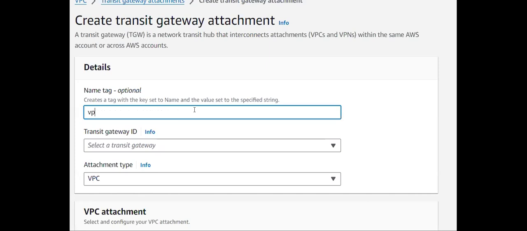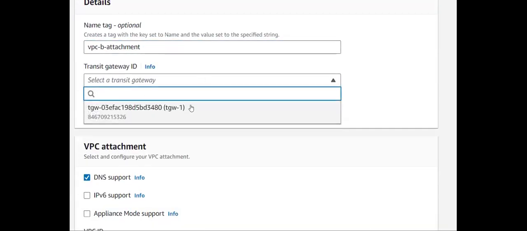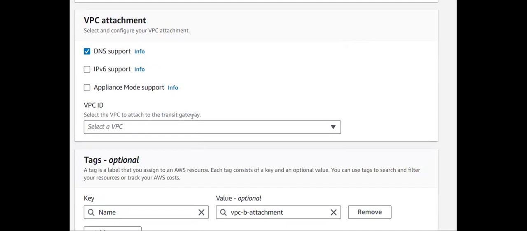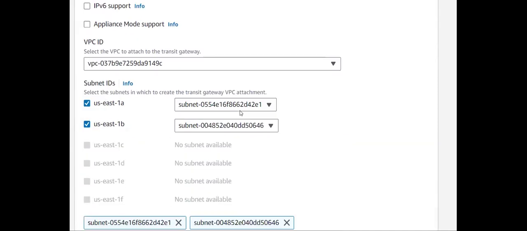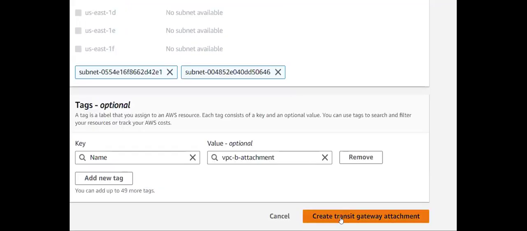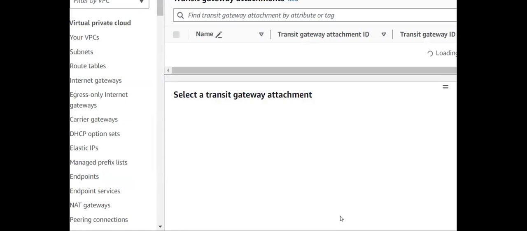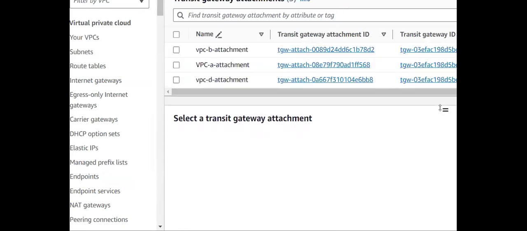minutes to seconds. This is VPC, already we created A and D. Now create a B attachment and need to select the transit gateway. Need to select the VPC as B here. Yeah, it automatically picks my two subnets that I've created and creating the attachment for this VPC B as well. If you expand this, then you can see B attachment is now